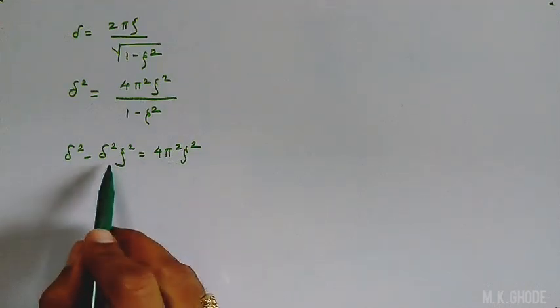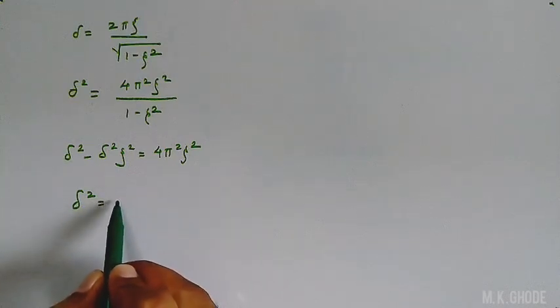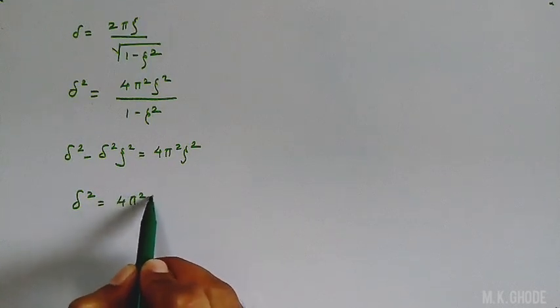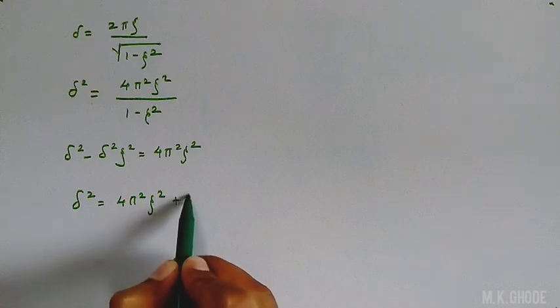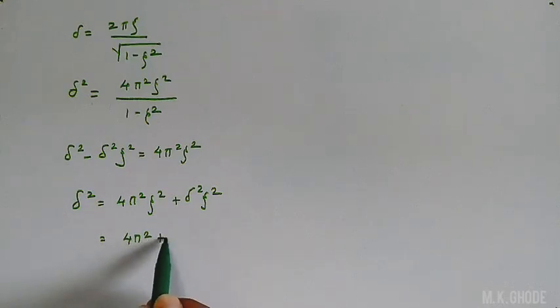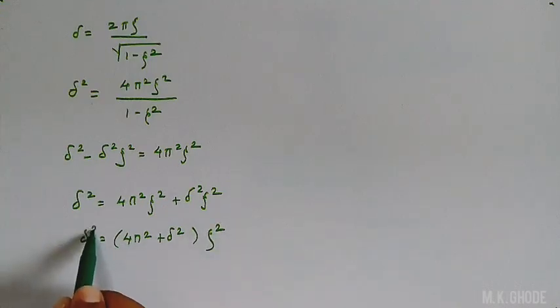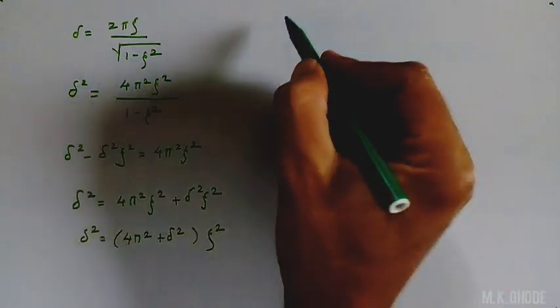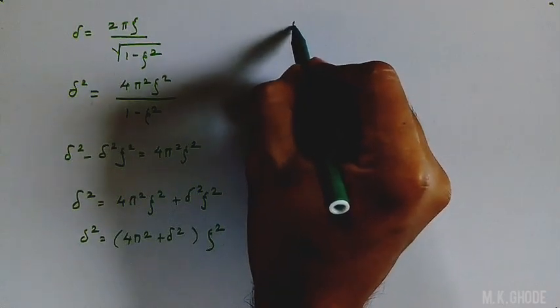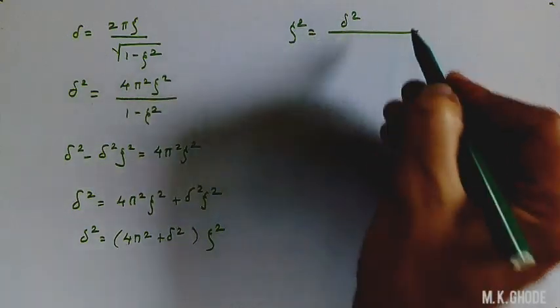I will take the zeta term on the right hand side. So delta square equals 4 pi square zeta square plus delta square zeta square. Taking zeta square common on the right hand side, 4 pi square plus delta square into zeta square is delta square. So the value of zeta square will be delta square upon